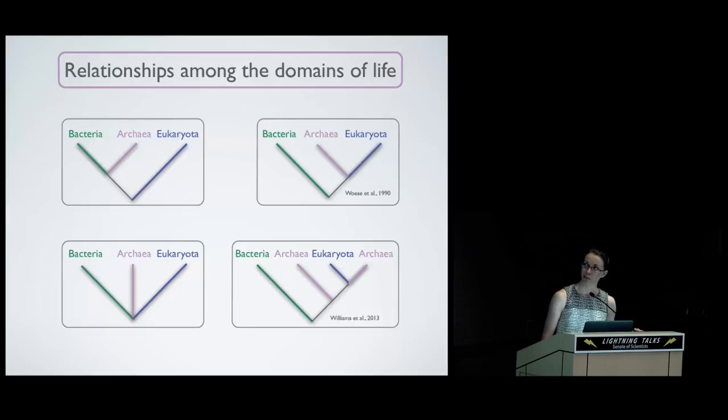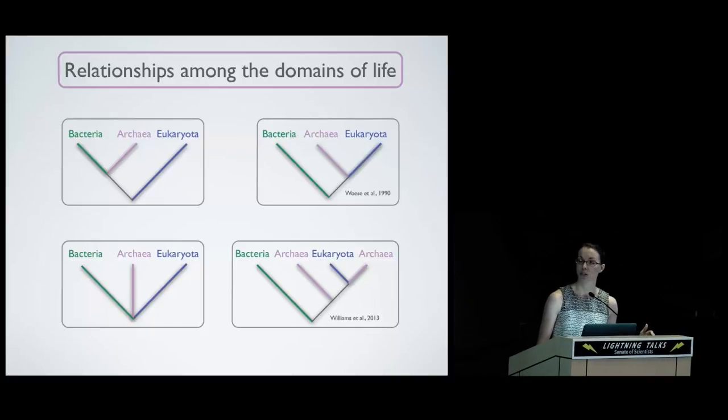But in the top right, you'll see the first phylogenetic analysis that was done across all these three groups, using ribosomal RNA, showed that maybe archaea are more closely related to eukaryotes. In the bottom right, you'll see a more recent hypothesis that eukaryotes are nested within archaea, and this was done using only coding presence and absence of genes. You can also imagine that the base is really hard to resolve here, so maybe it's a trichotomy, and maybe none of these groups are monophyletic.